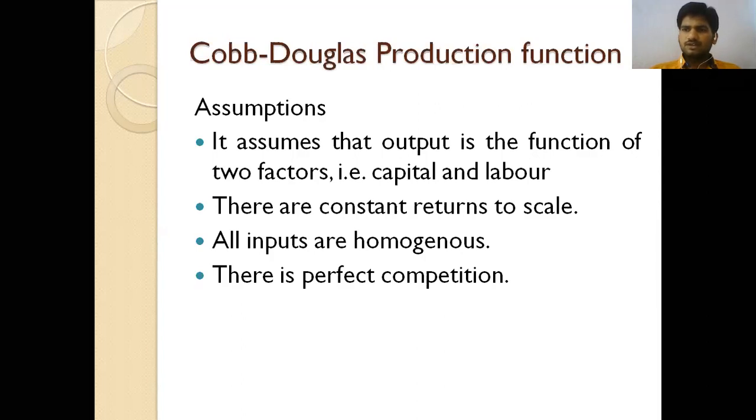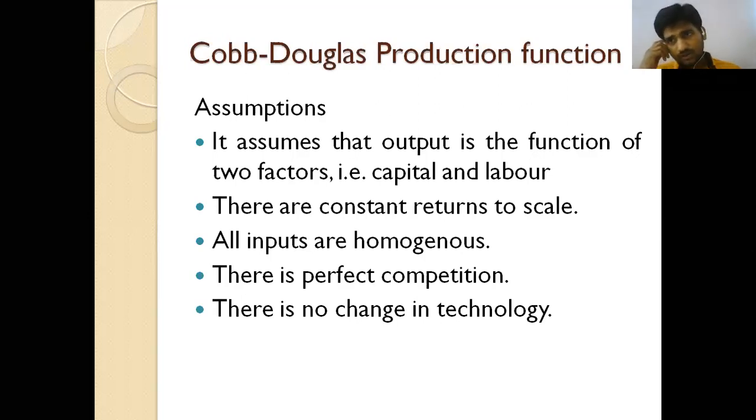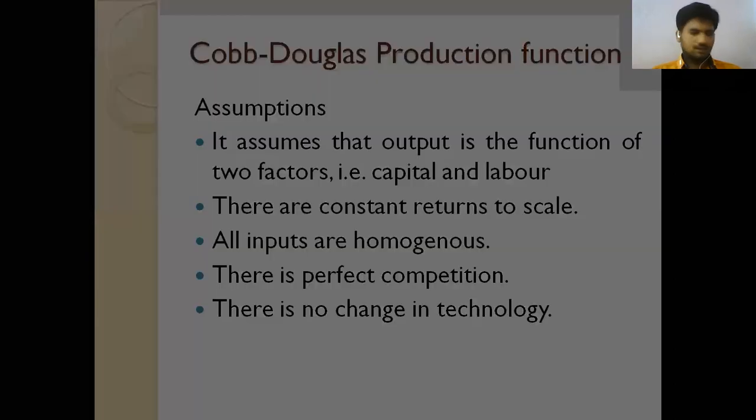So in between we are trying to change this labor and capital in a different manner. Then this production function will help that particular organization to be in perfect competition. So there is no change in technology. Again, we are not going to change any technologies here. So the technology is common, but we are going to change the inputs and the labor. So how are we going to be perfect in the competition?